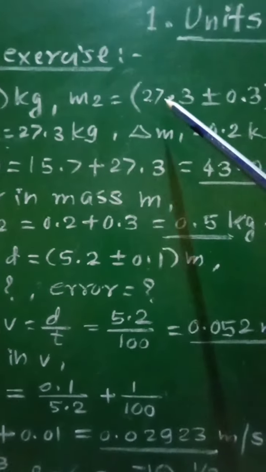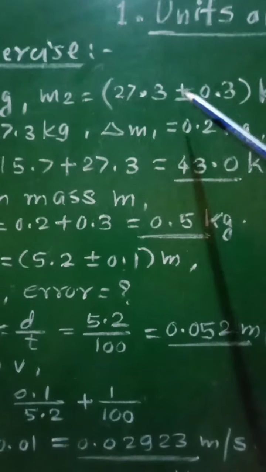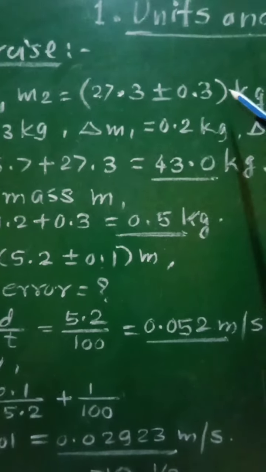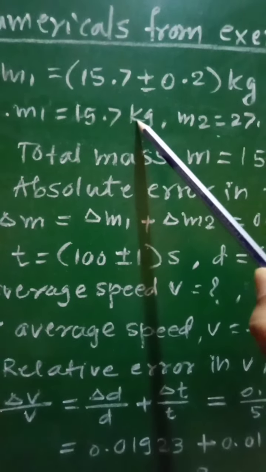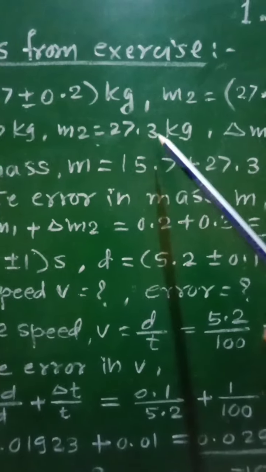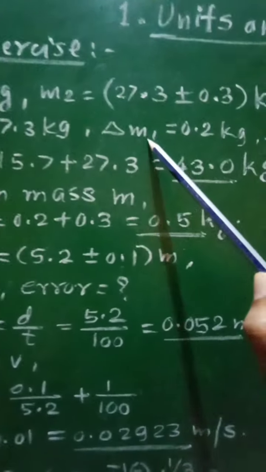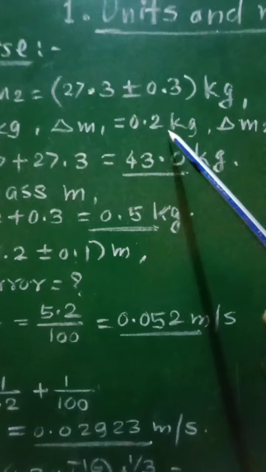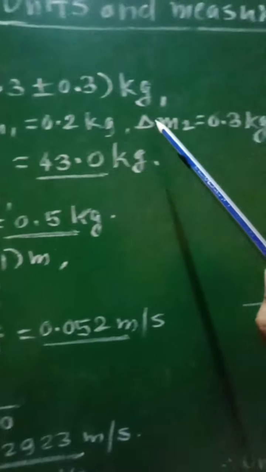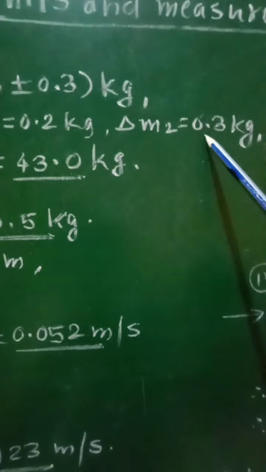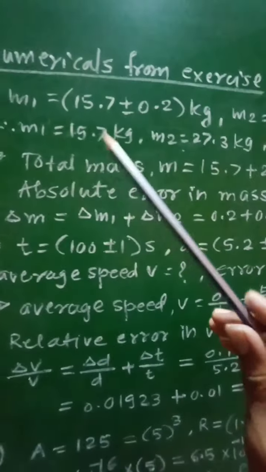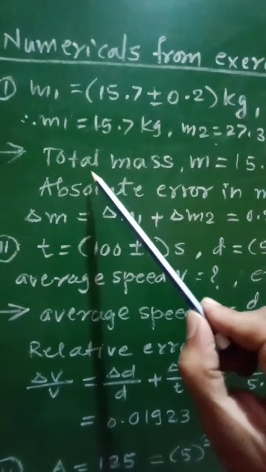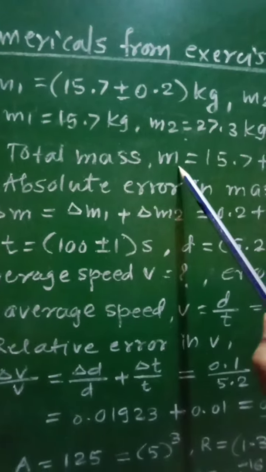Similarly, m2 is equal to 27.3 plus minus 0.3 kilogram, so that we can write m1 is equal to 15.7 kilogram, m2 is equal to 27.3 kilogram, delta m1 will be equal to 0.2 kg and delta m2 will be equal to 0.3 kg, and therefore the total mass will be given as total mass